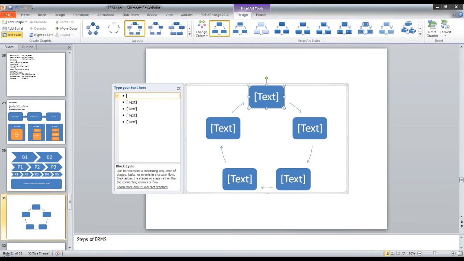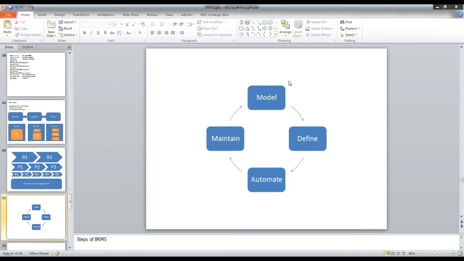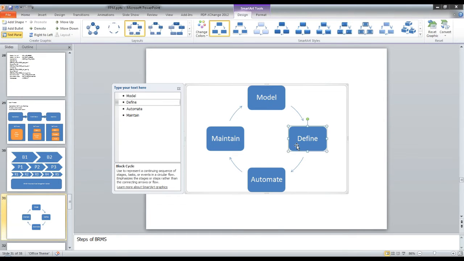So first step is model. Second is called define. Third is called automate. And fourth is called maintain. So that's what your BRMS system does. It models the rule. It allows you to define the rules in a central repository. It executes the rule.